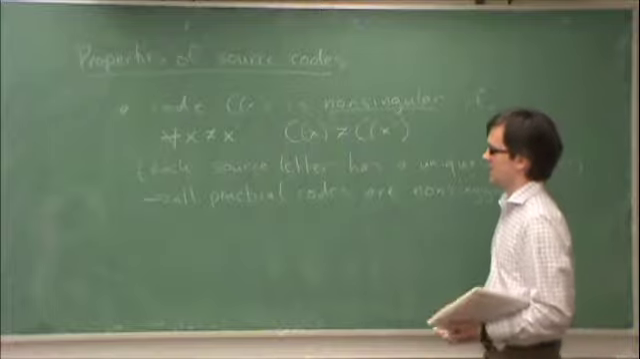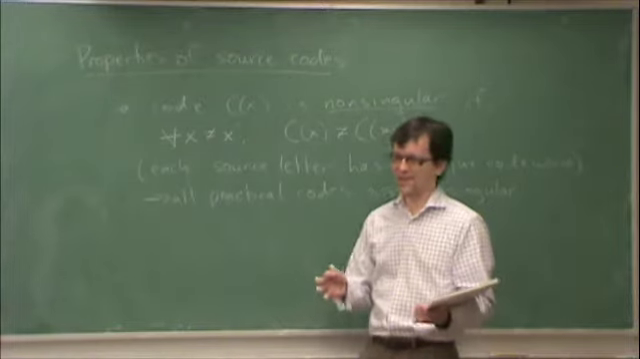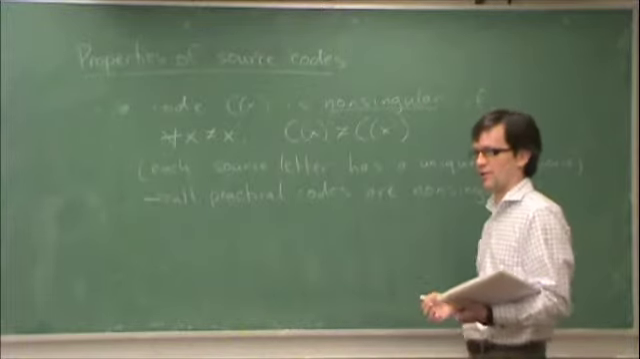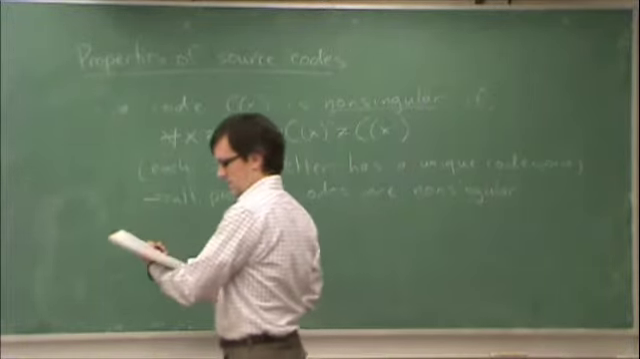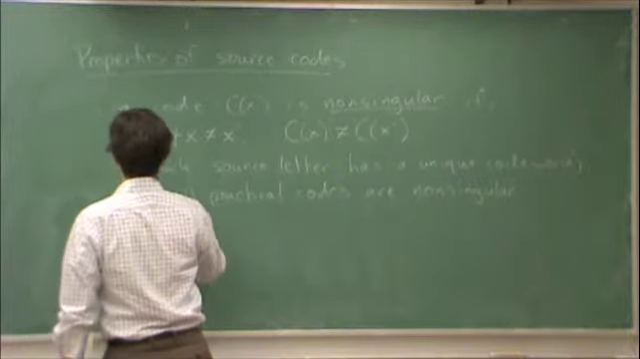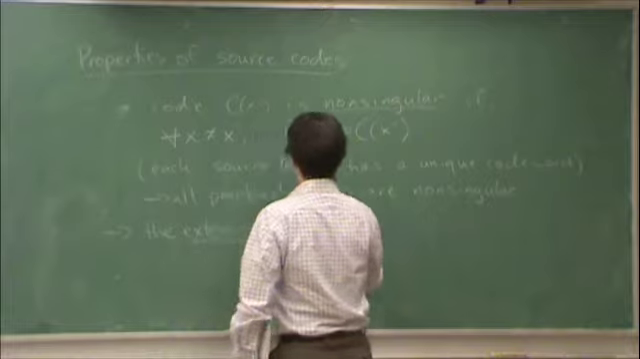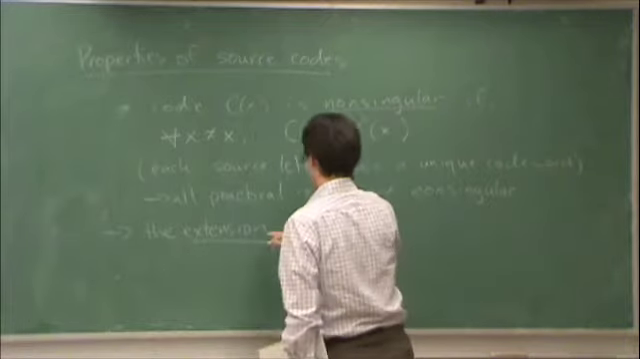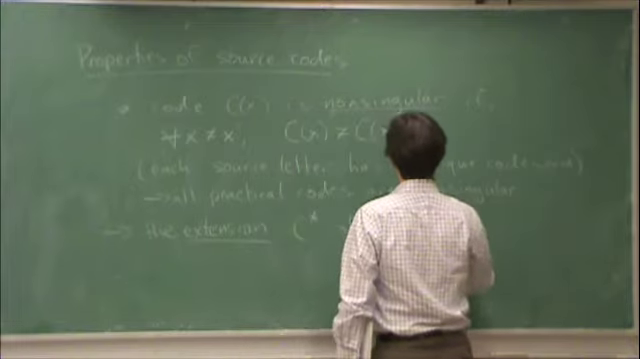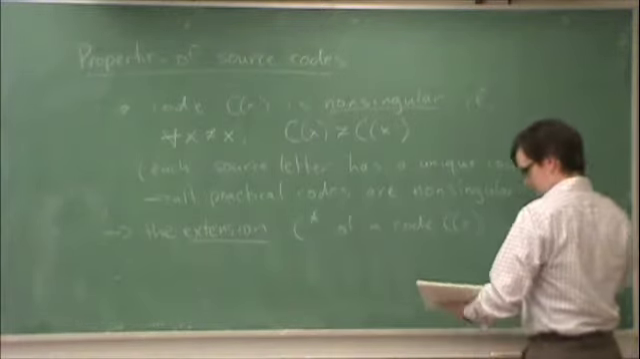Okay, all practical codes are non-singular, but that's not enough. What we need is that when we concatenate two code words together, we still have to be able to distinguish that concatenation from all other possible concatenations. What do I mean? Well, firstly, let's talk about the extension of a source code. The extension C star of a code C of x is the mapping